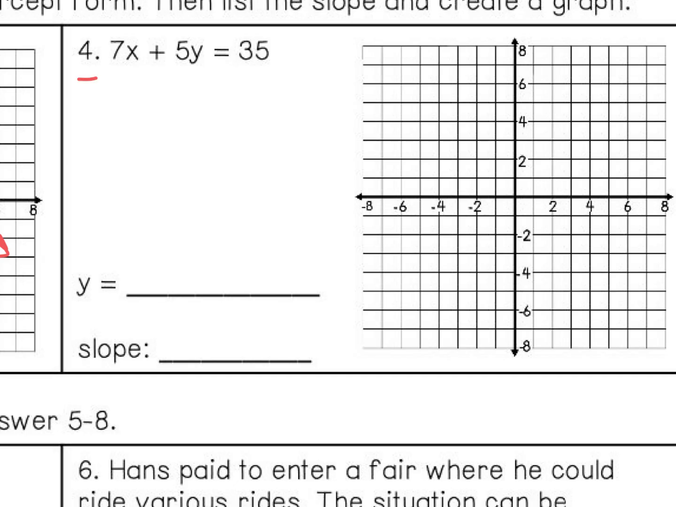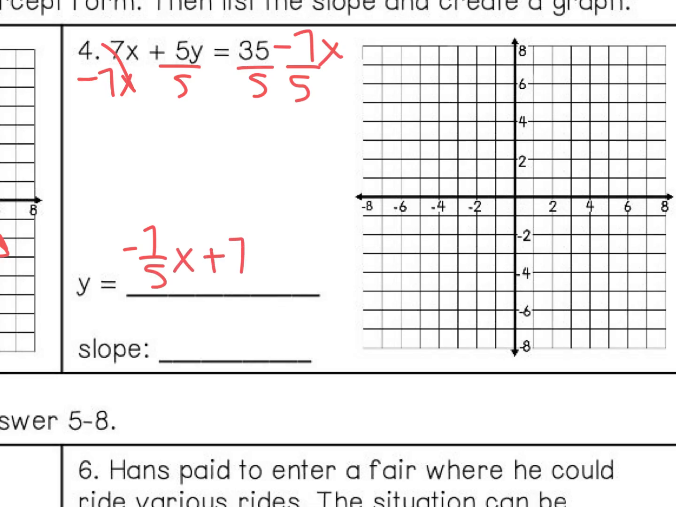So we're going to move our x. And divide everything by 5. Y equals negative 7 over 5x plus 7. So my slope is negative 7 over 5. And I'm going to show you a trick to that in just a minute. So if we start up here at 7, down 7 over 5,